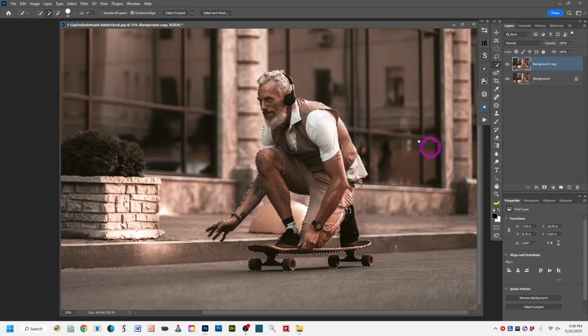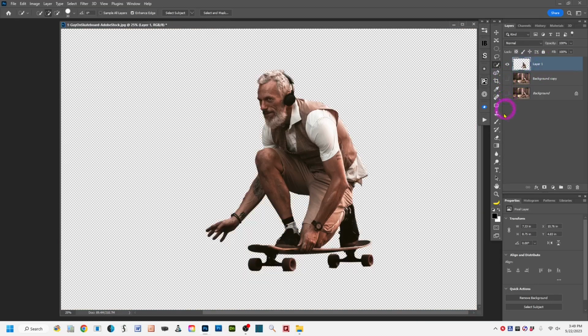Okay, so now we have the marching ants on your main subject that you want to have in focus, and I've got that on mine. So now with those marching ants active, you want to duplicate that subject onto its own empty layer. And I'm going to do Control, for you it would be Command. I'm on a Windows machine, so Control or Command J to jump it onto its own layer. And if you look over here in the Layers panel on the right, you can see he is now on